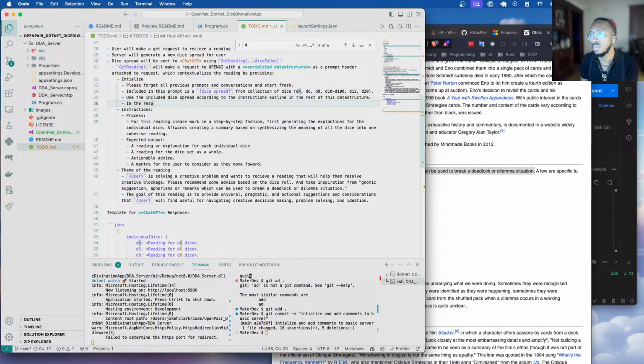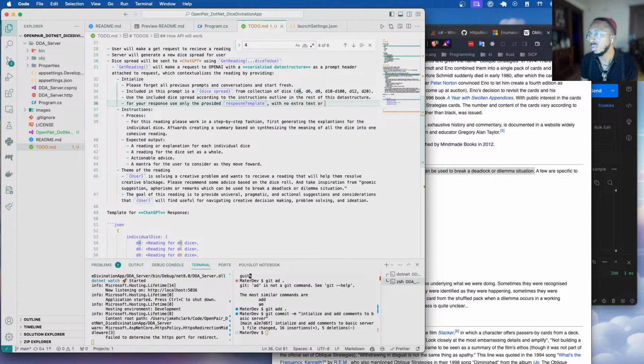In the response, please only provide the response. For your response, use the provided response template. Use only the provided response template with no